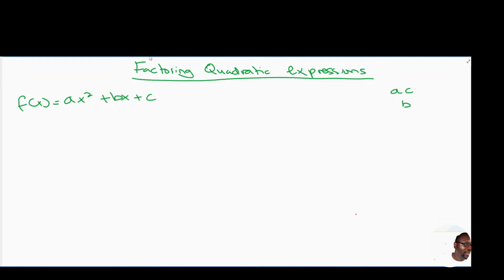We want to always remember that when we're trying to factor a quadratic expression, we're looking for the coefficient of the quadratic term, which is the number before x squared, and the constant term. We're going to multiply them together, and then we need to find factors of this product that give you a sum of b. So let's go ahead and take a look at a few examples. I'm going to start off with